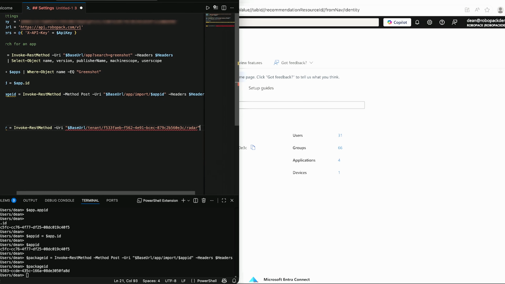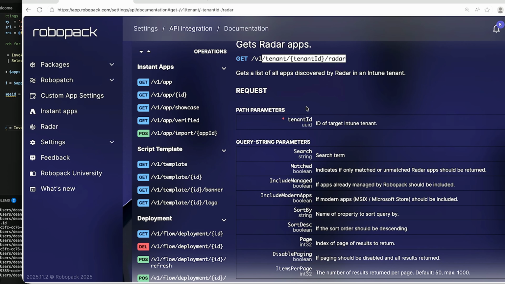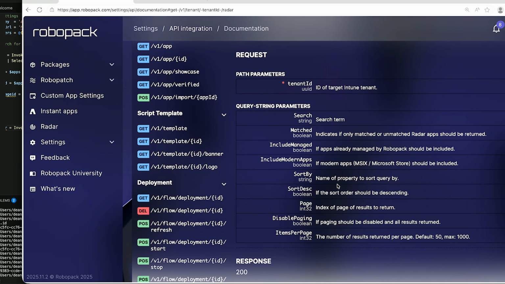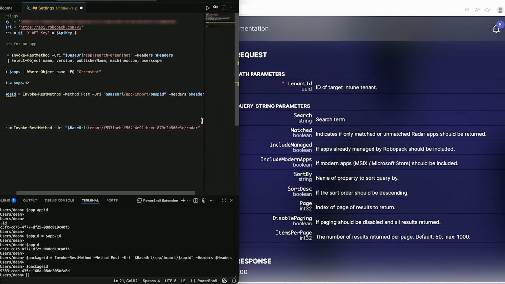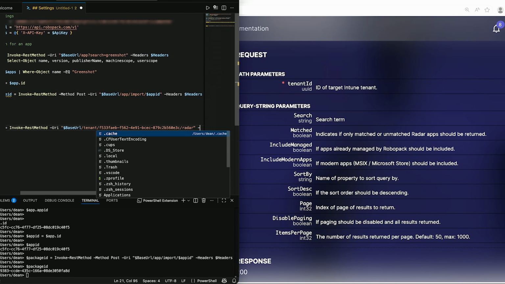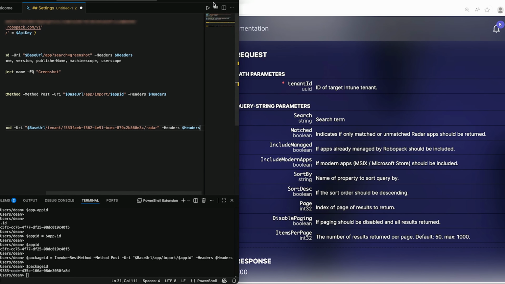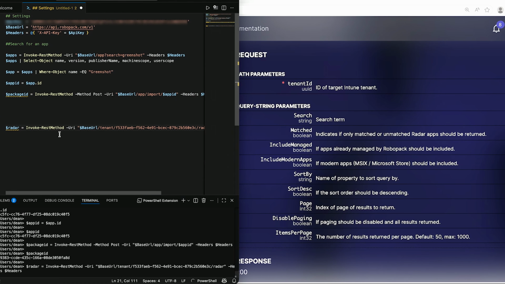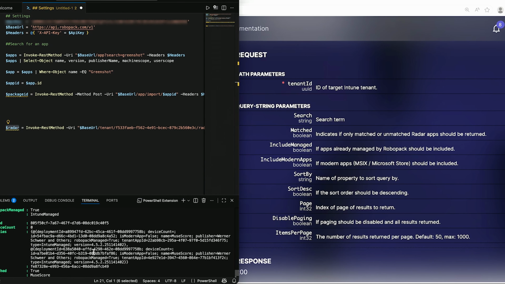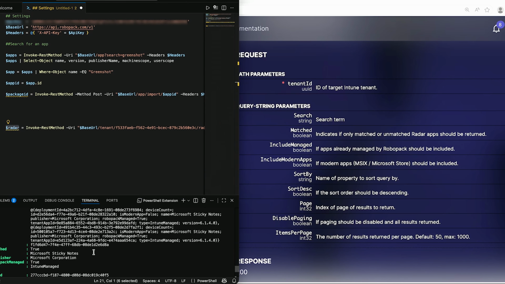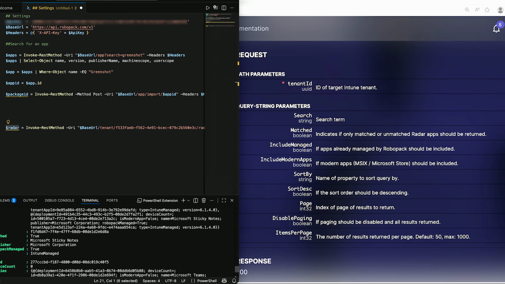Okay. And presumably that will be all I need. If I just run that. Oh, I'll need the headers. Okay, so I run that, and then Radar contains all of the information from Radar,